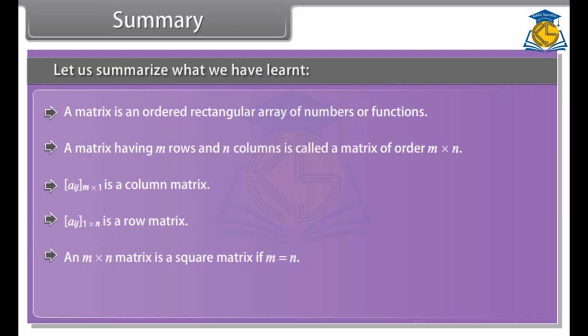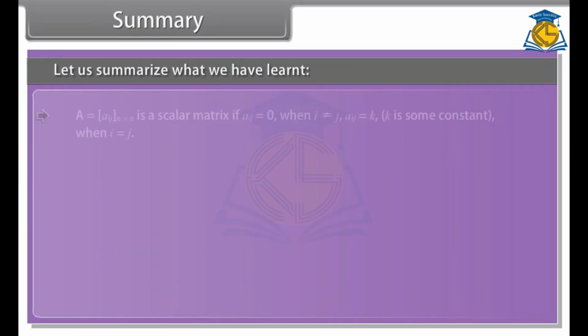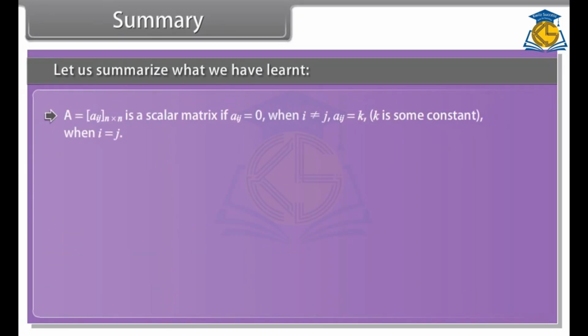An m by n matrix is a square matrix if m is equal to n. A is equal to Aij m by m is a diagonal matrix if Aij is equal to 0 when i is not equal to j. A is equal to Aij n by n is a scalar matrix if Aij is equal to 0 when i is not equal to j, Aij is equal to k, where k is some constant when i is equal to